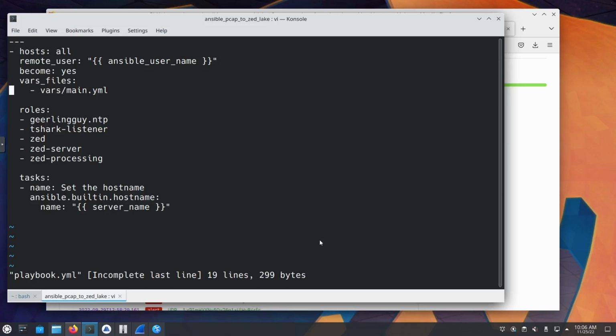We're going to use the vars file, vars/main. I'm going to go in there and edit. I need to add our fake user account. And then it's going to run through a few different things here. Geerling Guy, Jeff Geerling, St. Louis guy, he has maybe not a million, but he has a lot of different Ansible roles out there that are pre-built for lots of